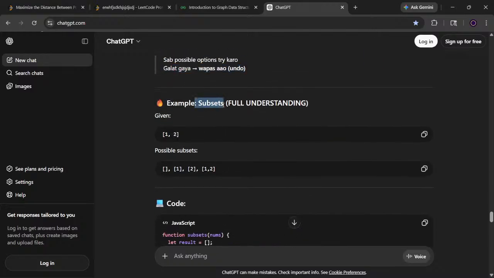So here they've given us the subset problem. Given only 1 2, we need to find the possible subsets. For finding the subsets we have,